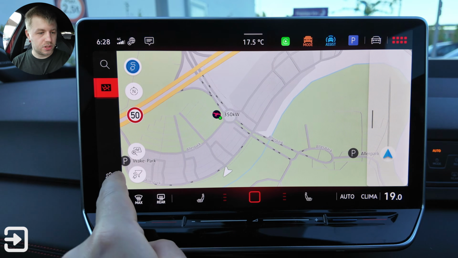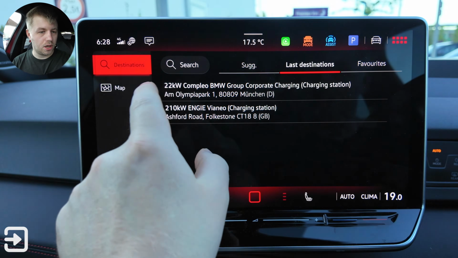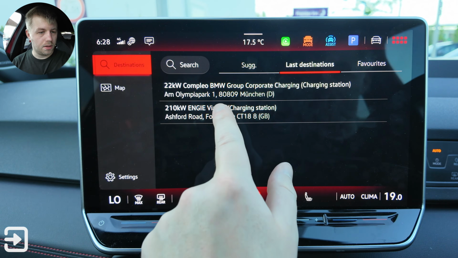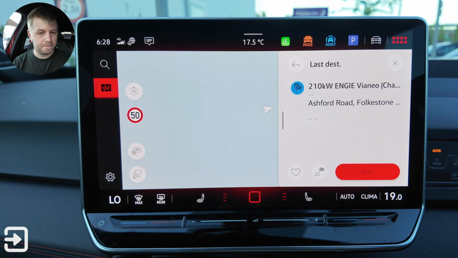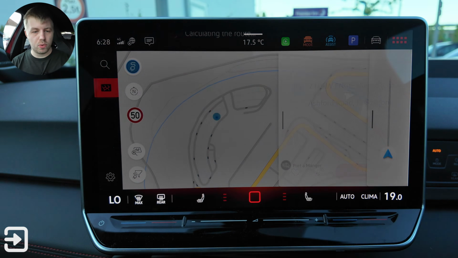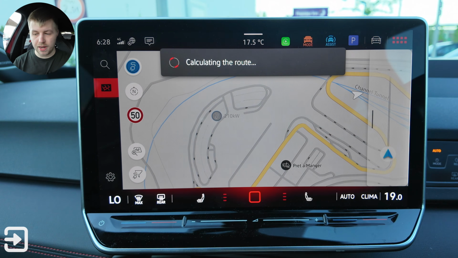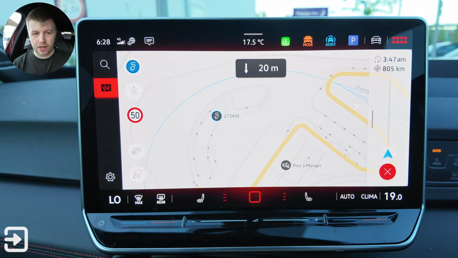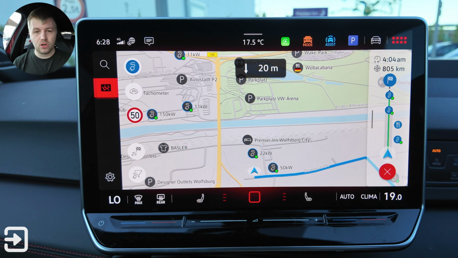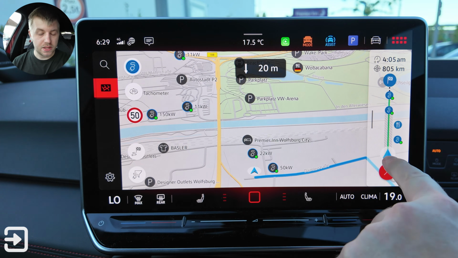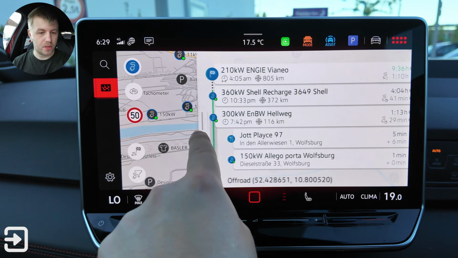If we get directions to somewhere, so let's type in a search item here. Let's say Folkestone. And that's going to be more than what the car is capable of doing right now. So I've got 196 kilometers of range on the car. So it's 805 kilometers back to Folkestone. If I left now, I get there at 4 AM. And it is suggesting some charging stops here. So if I swipe this in here now,